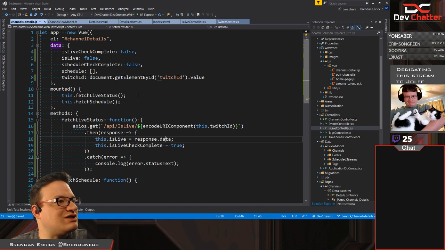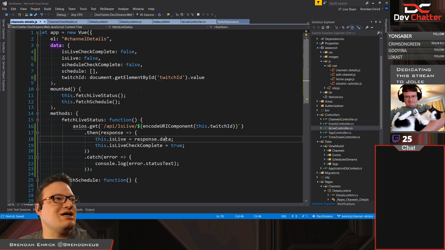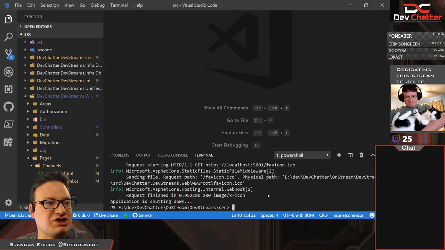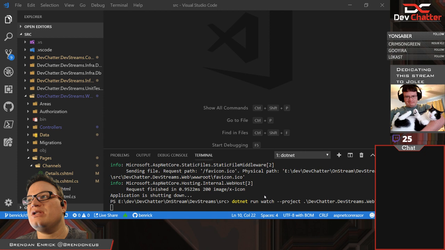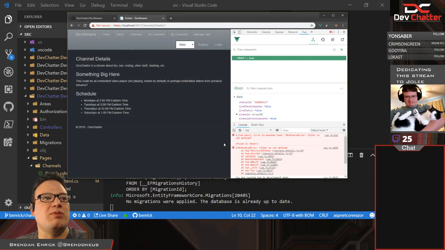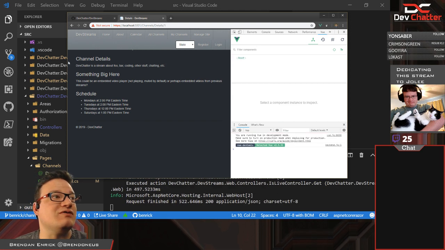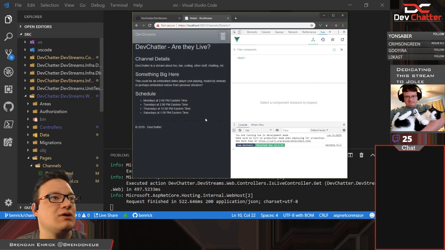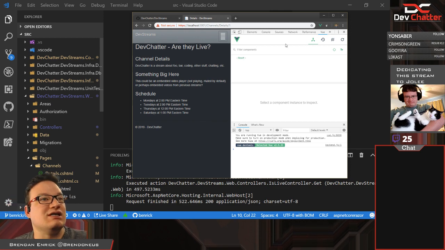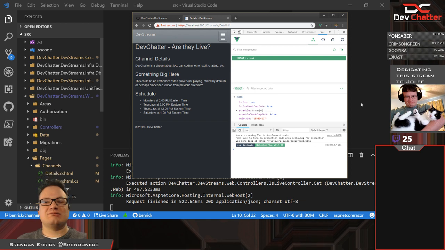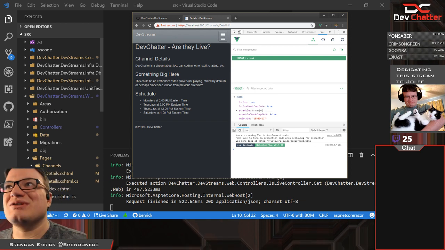So then we should call fetch live status, and then we're gonna do a then response that, set the data, and we're not bound to that value yet, but we should see the value change. So what that means is we can sort of watch it in our Vue control. If you didn't notice, I have this Vue toolbar over here while we're in Chrome so that I can see what's going on with Vue. It says it can detect Vue on the page. That's good. Is live. It says true. Hey! That's nice. It says true, which is correct.